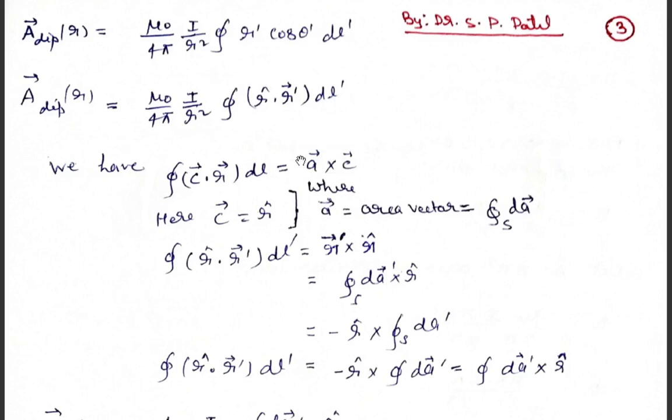तो we can write in this form. अगर लिखेंगे तो जस्ट हमको रिप्लेस करना होगा इन क्वांटिटी में. तो हमारे पास क्या है, अगर कंपेयर करें तो c वेक्टर की जगह पे r यूनिट वेक्टर है, और r वेक्टर की जगह पे r प्राइम वेक्टर है, और dl की जगह पे dl प्राइम है. But all this dl prime and this integral will be absorbed.